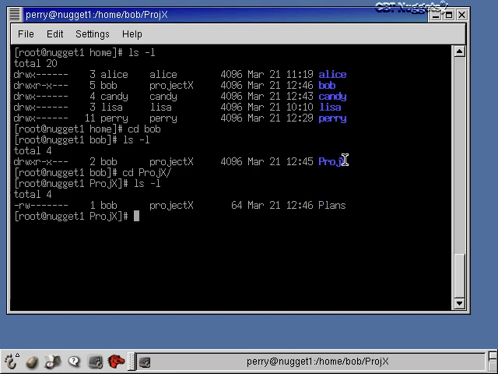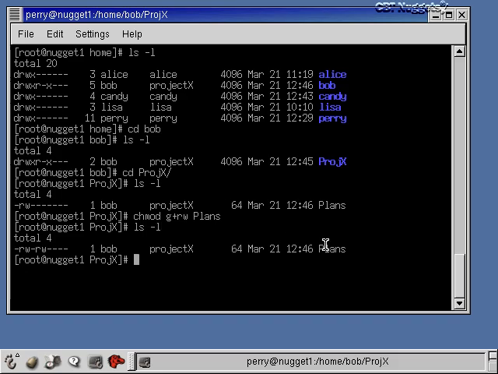Well, now in there, he made a mistake. He set up plans, this plans file that he wants to share, so that it's owned by the group Project X, but over here he hasn't given any permission to the Project X group. Okay, so we can change that so that it does have group read and write permissions. So we'll say group add read and write permissions for the file plans. Okay, now if we look in there, we'll see that plans is readable and writable by everybody in the group